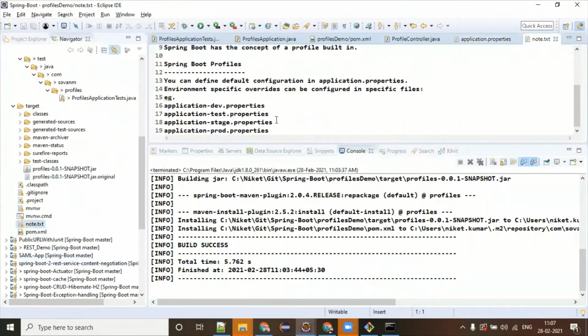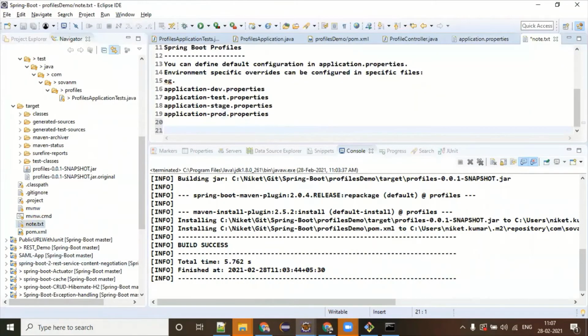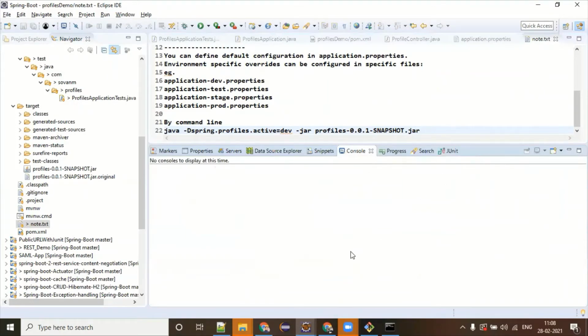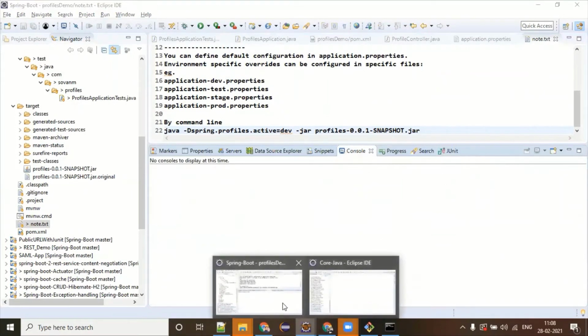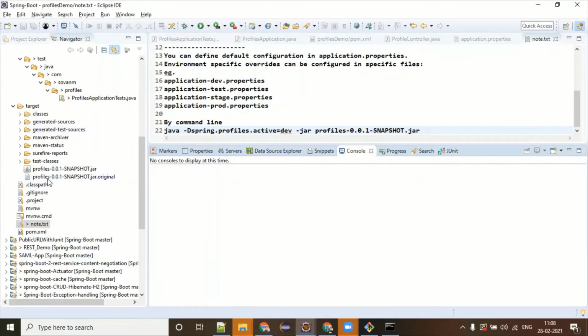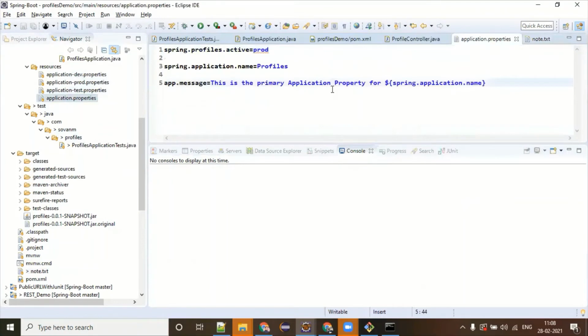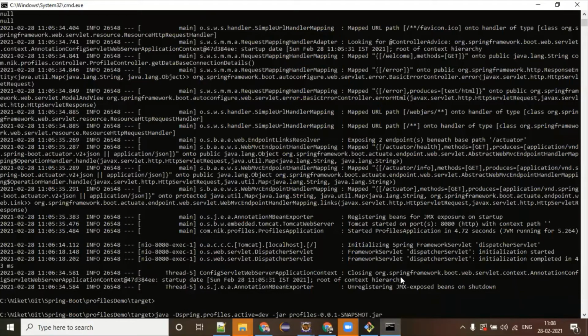Yeah. Okay. By command line, you can use this. So when you talk about this configuration, this is called internal configuration when you are passing anything into your application.properties file. This is known as external configuration, but not 100%. It is also not taking or changing in real time.